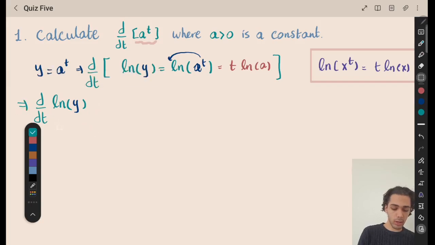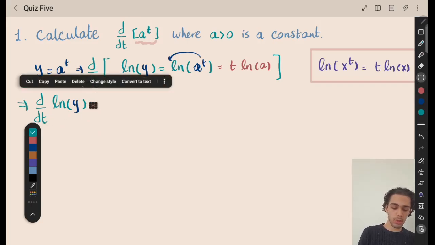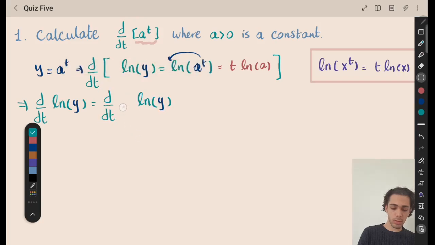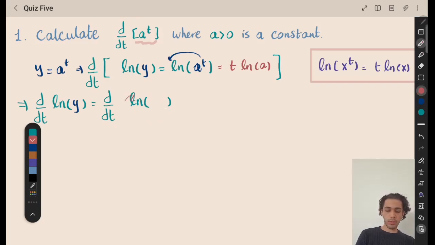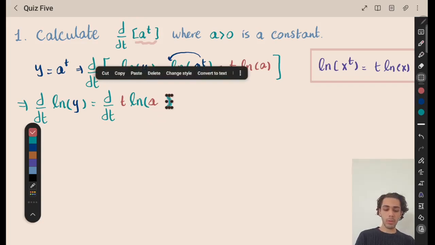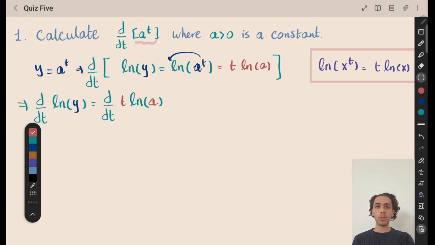As for the other side, this will simply be, so we have t, we have ln of a. And I want you to observe something now. We're multiplying two things together. So we should apply the product rule. So one time it will be the derivative of t times ln of a plus the derivative of ln of a